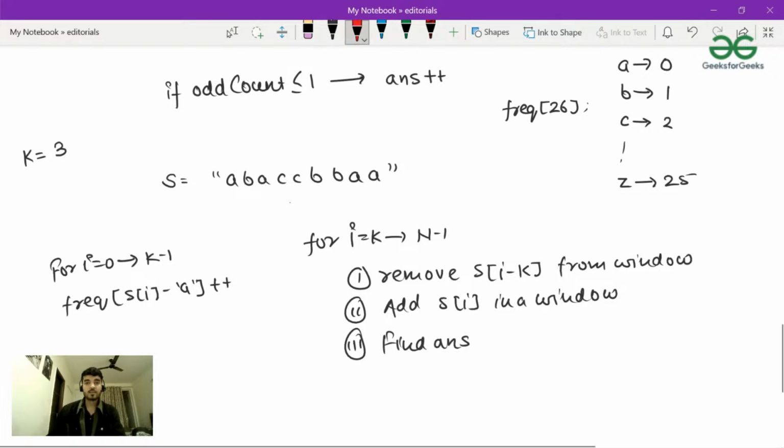Cool. So this is my first window, the first k characters, and then I will iterate over all the characters from i equal to k to n minus 1, that is these characters. So this is for the first iteration. Also let me write the indices so that it becomes more clear to you: 0 1 2 3 4 5 6 7 and 8. So 0 to k minus 1, and then in the next iteration I will iterate from i equal to k, that is from 3